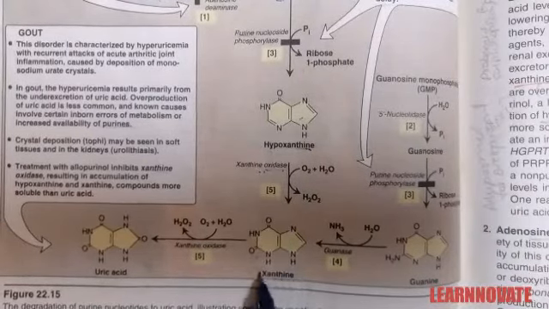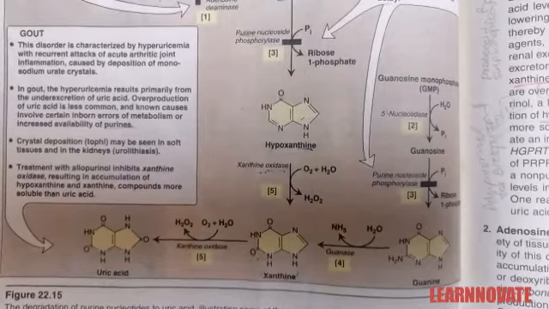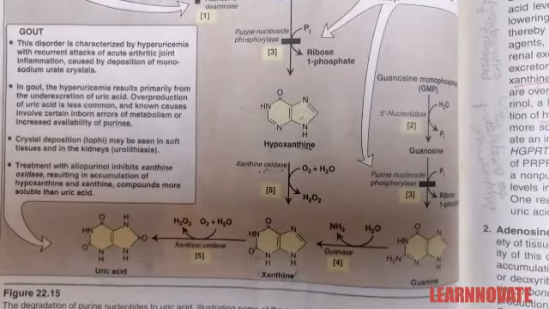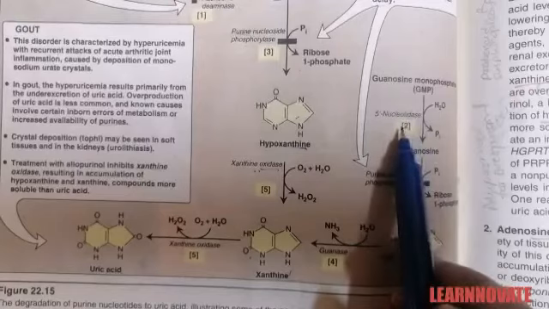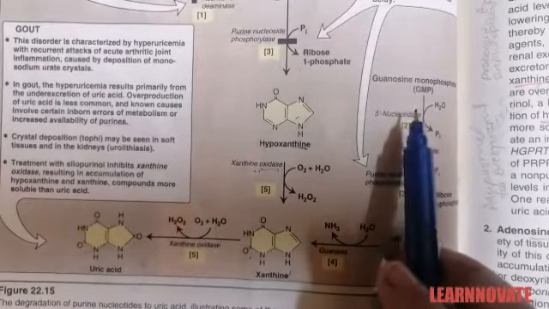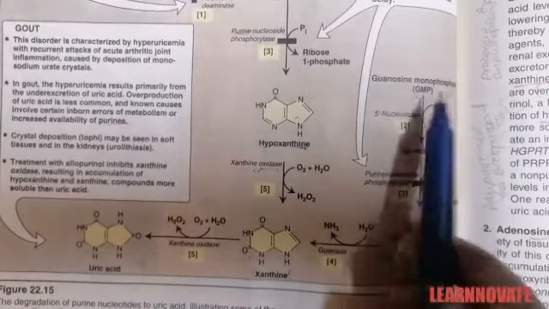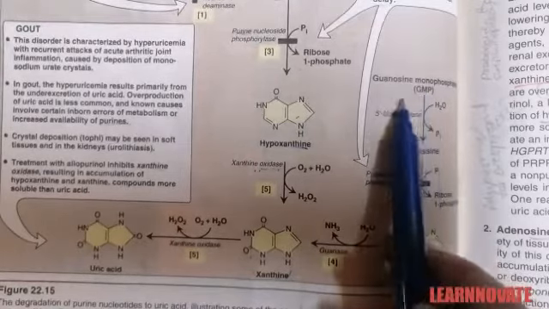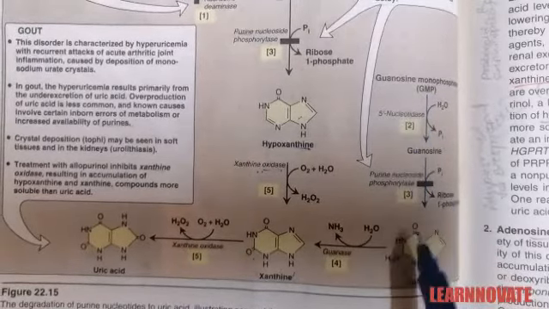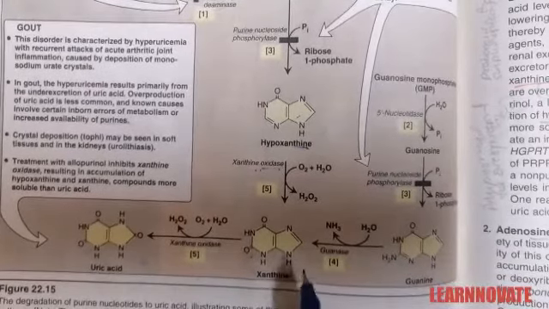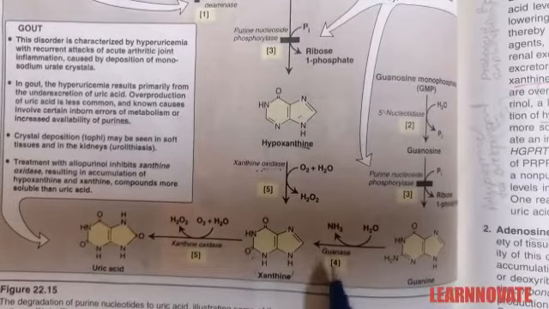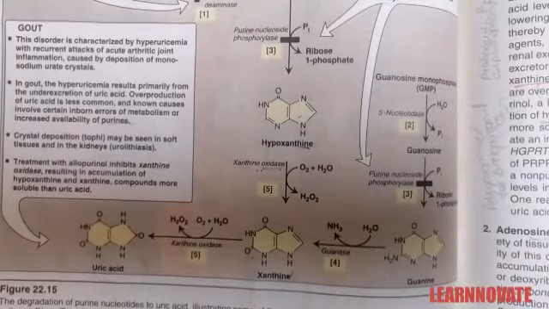Xanthine, a major end product of the purine nucleotide, can also be formed from another pathway. On the right hand side you can see guanosine monophosphate, GMP, because when there is purine synthesis, three major products are formed: AMP, IMP and GMP. GMP can be converted into guanosine and ultimately into guanine. Then this guanine can be directly converted into xanthine by the enzyme called guanase. Guanase is an enzyme that converts guanine into xanthine.